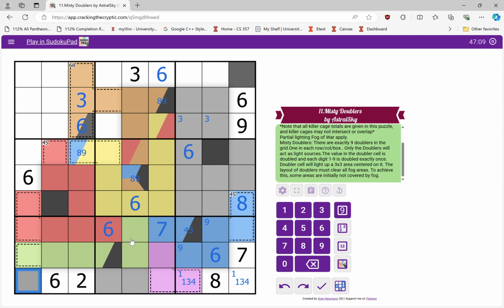So, okay. This cell here sees all of this and this one, so this black cell has to be one of these 2 cells, which means it can't be a 7. And this one can't be a 7. Oh, actually, this one just has to be a 7, so because of these 2 7s, and that lit up a square, which means I haven't messed up somewhere, which is a good sign for me,